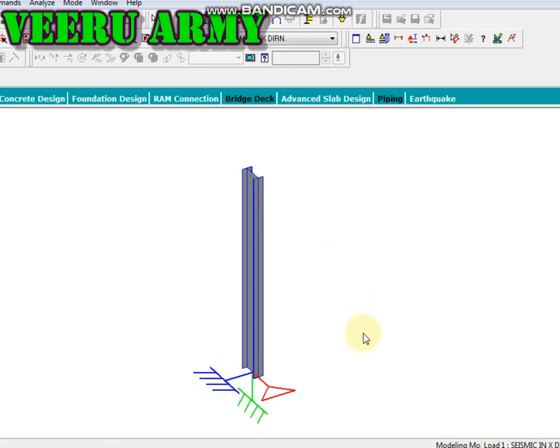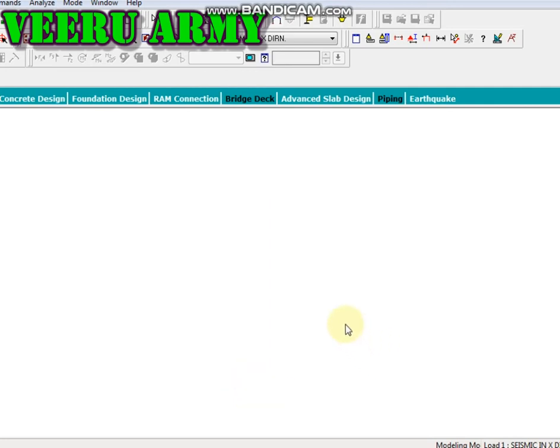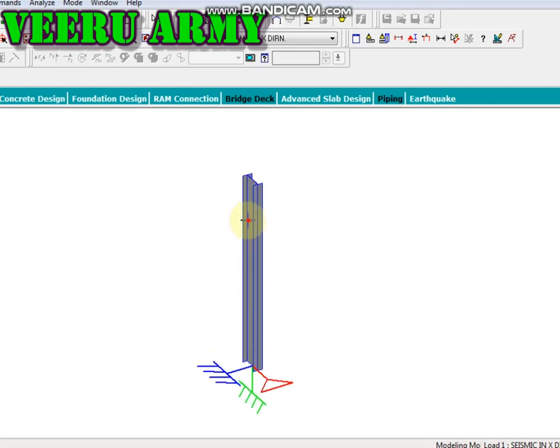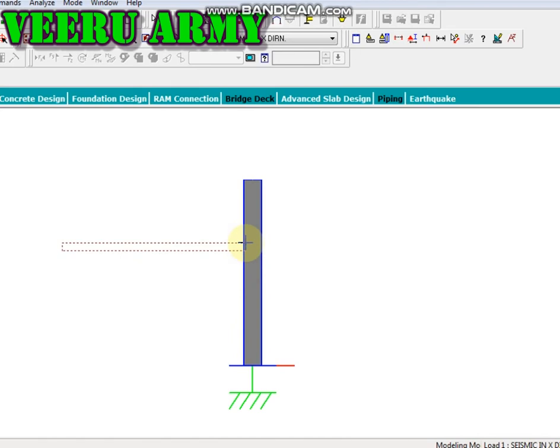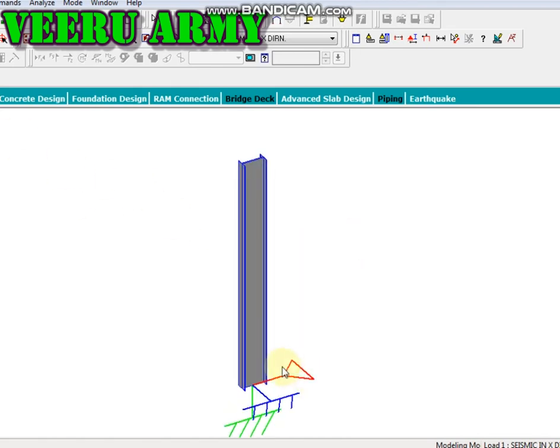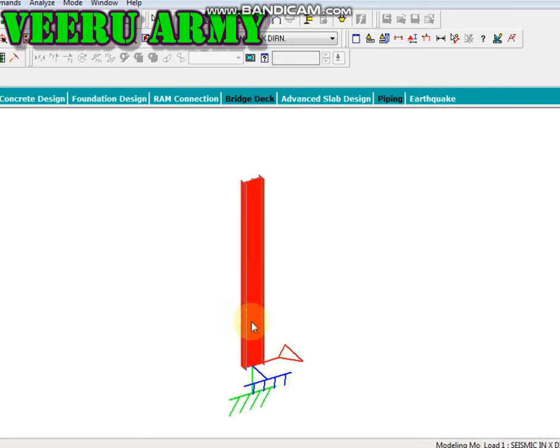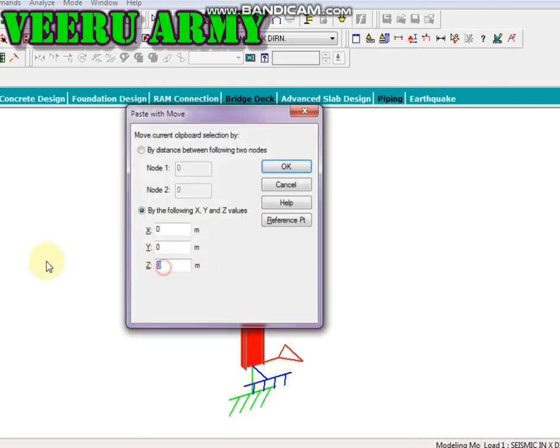So that's why we do not give any value with respect to X, which means LX value and KX value. Now another point is why we provide LY value, the value with respect to the y-axis. Our column y-axis is this, which means wind is applied to the column flange. This is the y-axis of the column.